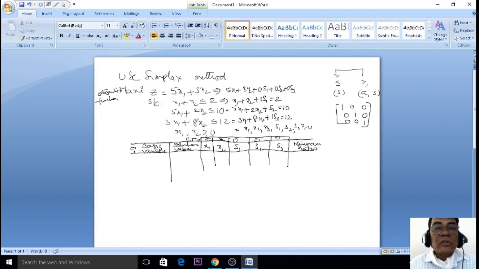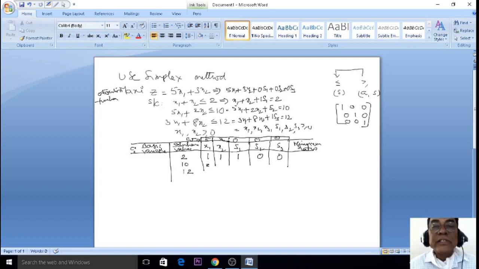Now go to the equations. What is the meaning of solution values? After the equal sign, the given equation values are called the solution values. That is 2, next 10, next 12. Come to the x1 column. Take the first equation and enter only the coefficients in the simplex table. Here is a 1, write 1 here. The second equation, 1 here. Another one is a 1 here. There is no s2, so write down 0 and 0.